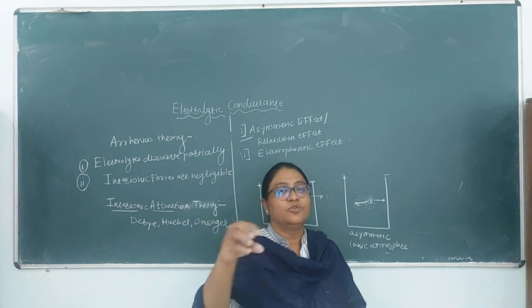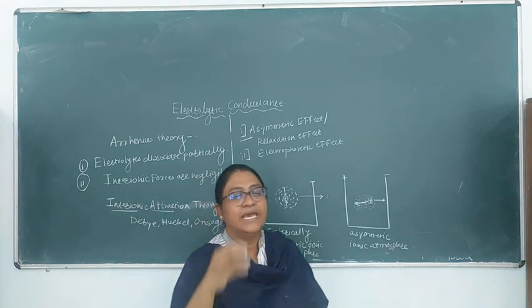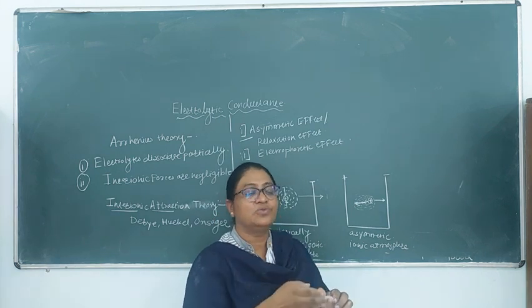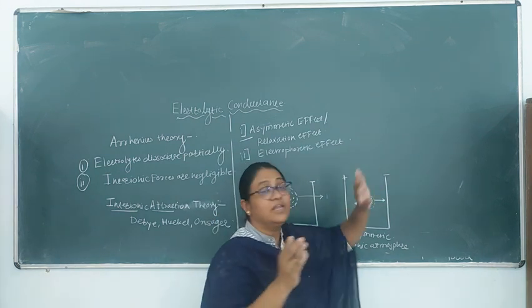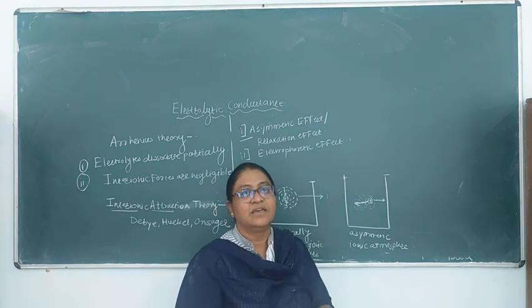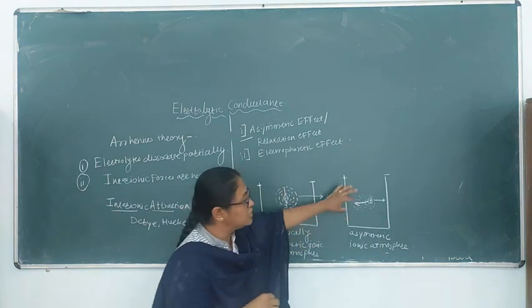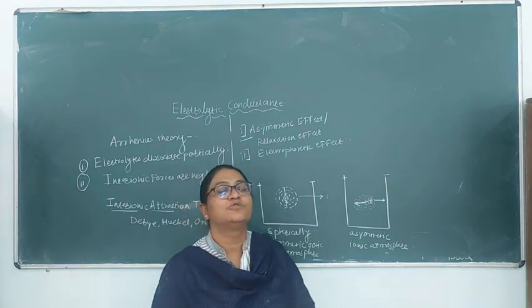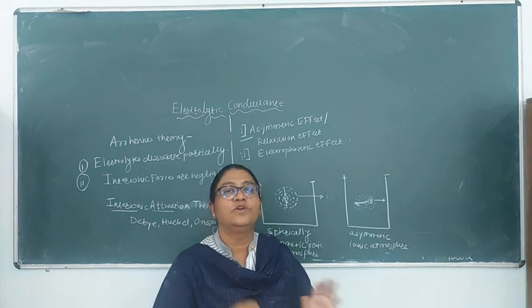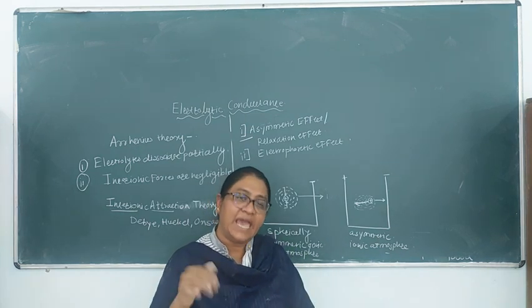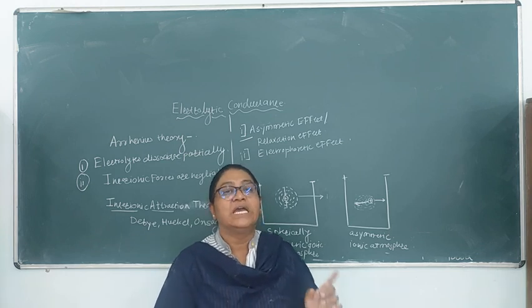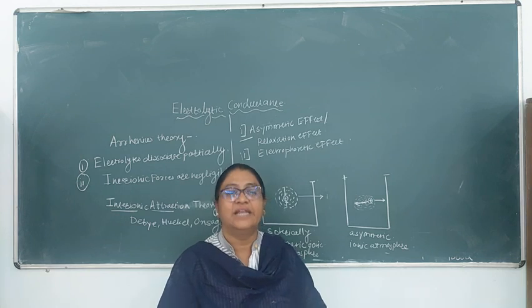The cation which is moving towards the negative electrode has to thread its way through the hydrated anions to reach the negative electrode. And in this time lag, here also the movement of the positive ion which is moving towards the negative electrode is slowed down, and the anion also has to thread its way through the hydrated cations, and this effect is called the electrophoretic effect.